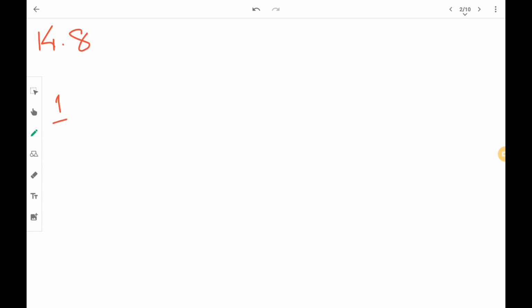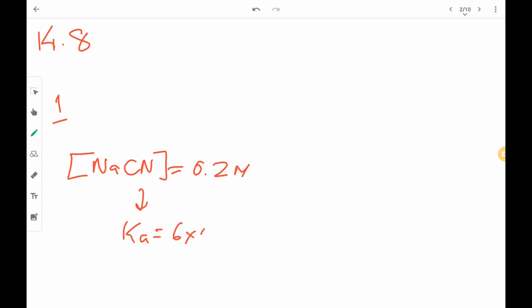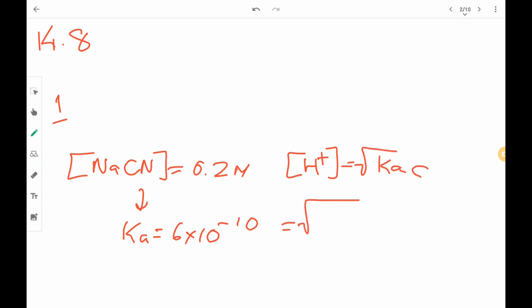Now basic question 1, they want the pH of NaCN, of which the concentration is 0.2 molar, and they gave you the Ka to be 6 times 10 to the minus 10. So the concentration of H plus is radical KaC, which is radical 6 times 10 to the minus 10 multiplied by 0.2, which is